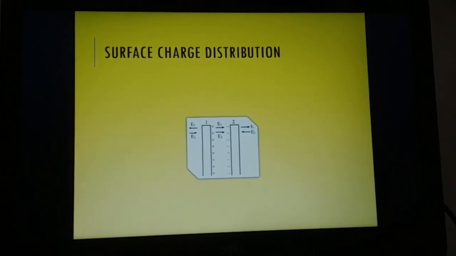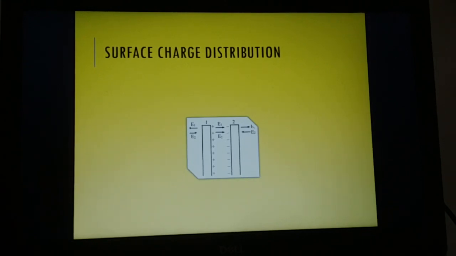So E1 and E2 are prevailing in the first region, but they are acting in the opposite direction. In the superposition principle, it is clearly said that you have to take the vector sum. So when you are taking E1 and E2, according to E1, E2 is negative. So we can say that the net electric field in the first region is E1 minus E2. Similarly, in the third region also, it is E1 minus E2. But in the second region, since both are acting in the same direction, it is E1 plus E2.